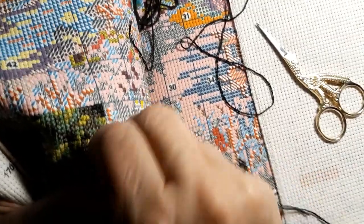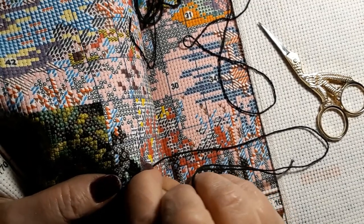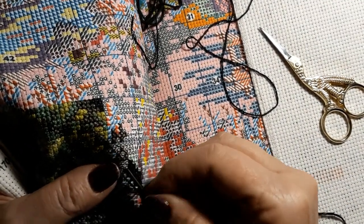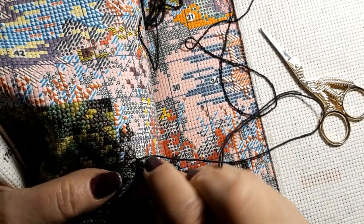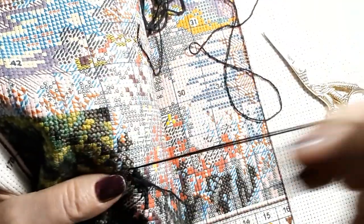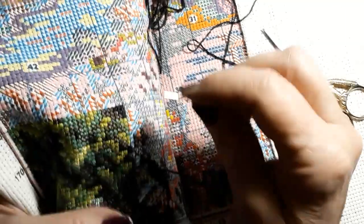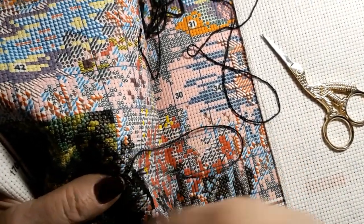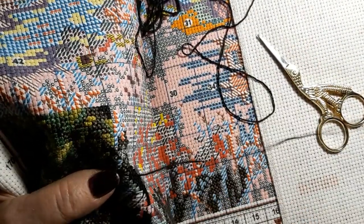But I thought we could get across here, maybe. This is nice thread. And of course it says it's DMC, so they have really good thread. I only ran into one Joy Sunday that was bad, and that was something about garden gathering or something. It has a bunch of birds sitting on a bunch of gardening tools, if you will. And the whole thing was off the square, so it wasn't stitching right. So, yeah, I may get that pattern again someday, maybe from someplace else. I believe I got this from Amazon. I'm pretty sure, but it could have been